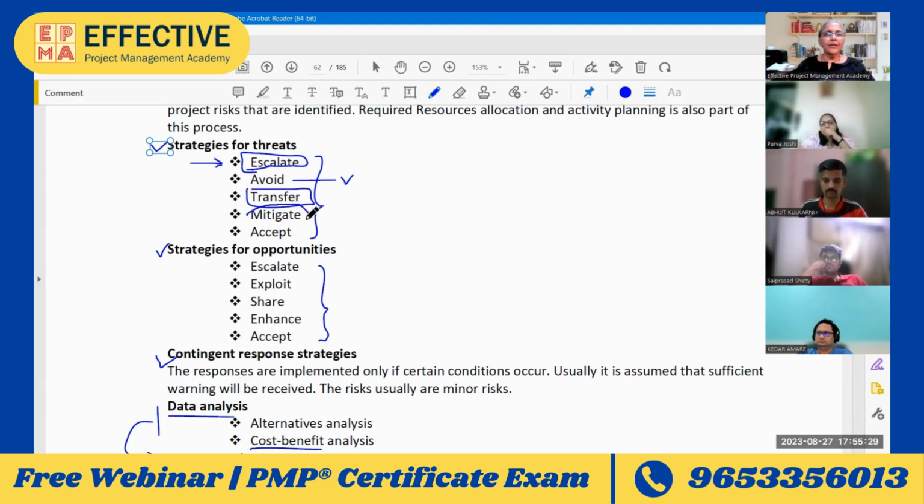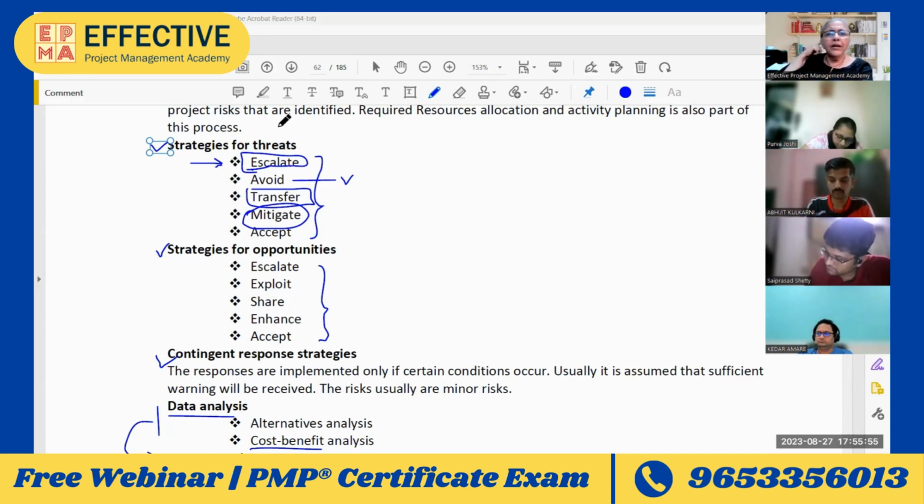Mitigate. This is where I told you that the PMBOK uses, or anywhere you see risk management, they use this term in a specific sense. Mitigating is bringing down the probability or bringing down the impact, or if you actually can, bringing down both probability as well as impact. So, okay, let me think about an example. Fine. I'm working on a project